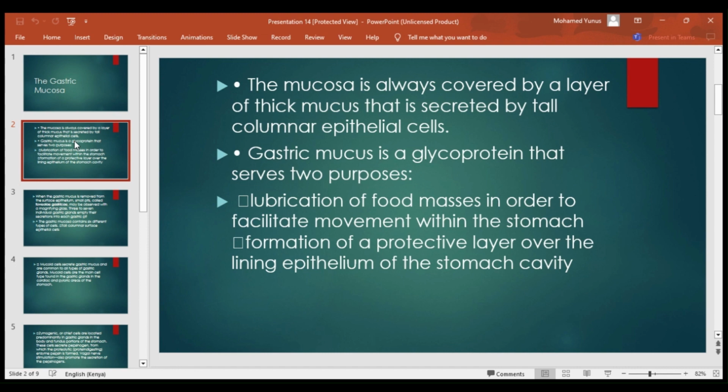The mucosa is always covered by a layer of thick mucus that is secreted by tall columnar epithelial cells. The gastric mucus is a glycoprotein that serves two purposes. The first function is that it lubricates the food, and the second function is the formation of a protective layer over the lining epithelium